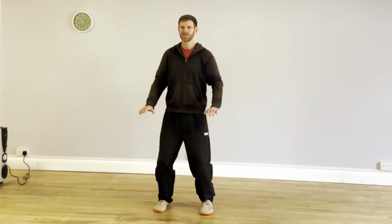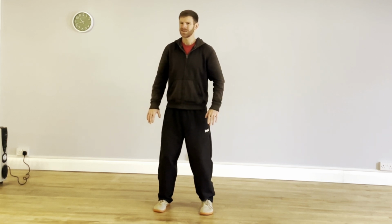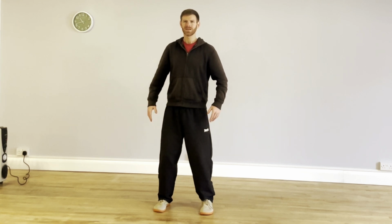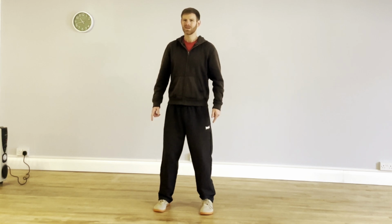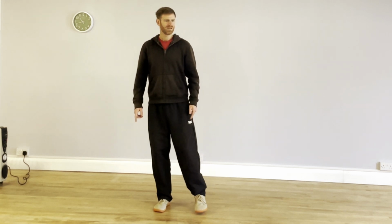Coming back up to the standing height again. Not locking the legs yet. Opening. Releasing. And then we can stand up. And just gently bring